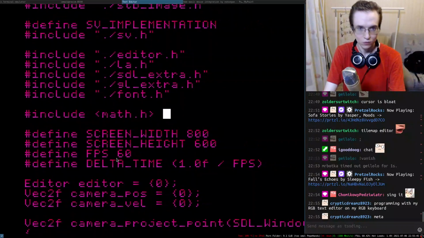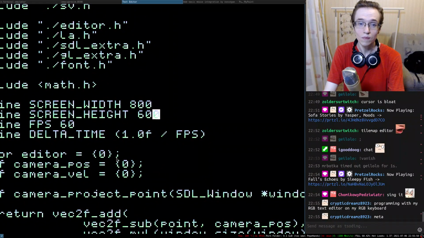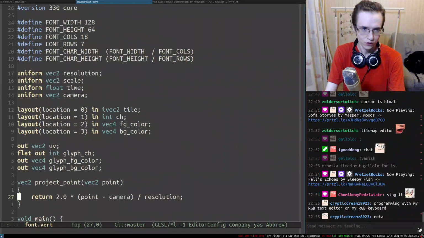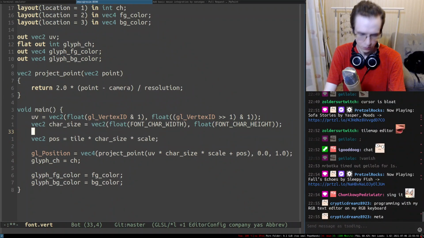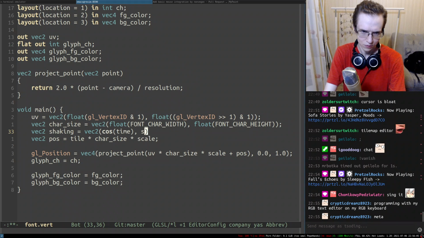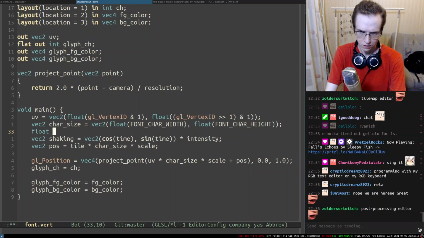So what I wanted to do now is some interesting shaders with the vertex. So again, we can just add a shaking. So this is going to be shaking. Vec2, cosine time, sine time, intensity is going to be around 20.